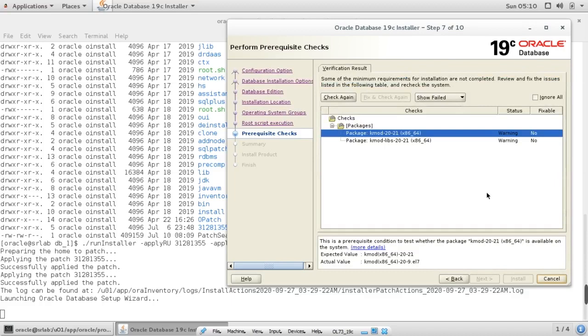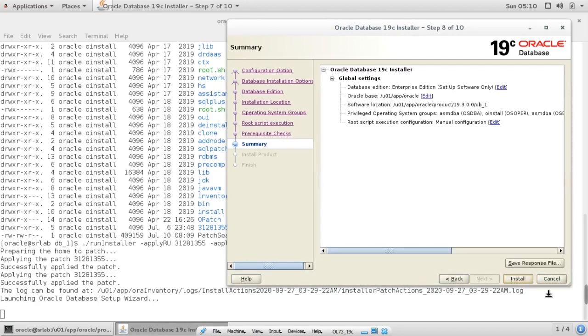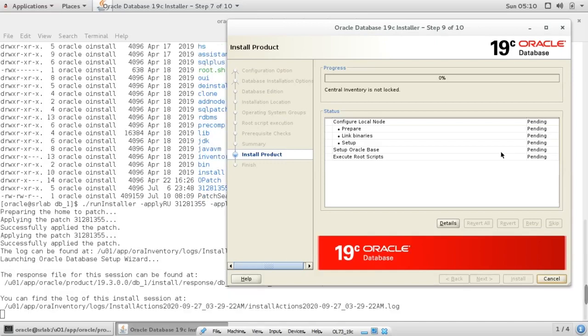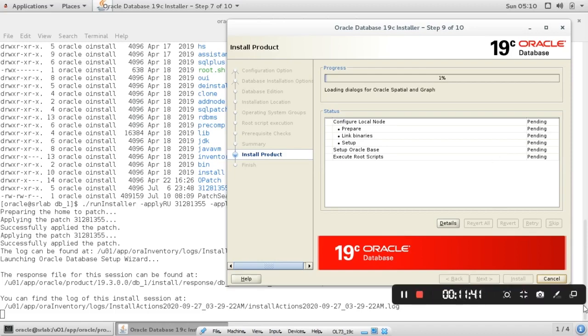Just ignore all. Next, install. After the installation, we need to run root.sh as the root user.